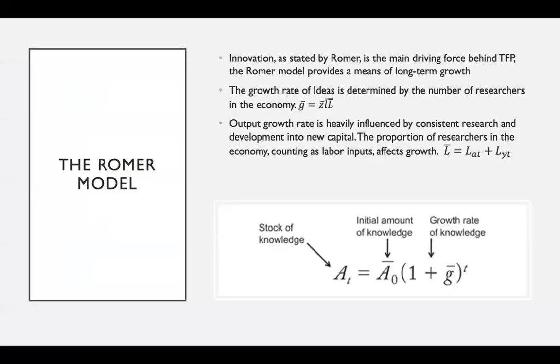The Romer model goes one step further than the Solow model in identifying what TFP actually is. That is, Romer clarifies that TFP is innovation in the economy, seen within the production function as parameter A. Ultimately, the growth rate of innovation will affect the growth rate of output. Overall, the output production function in the Romer model informs us that there must be constant economic growth within an economy because of the combined effects of, firstly, labor and capital having constant returns to scale, and secondly, an existing stock of ideas being non-rivalrous.